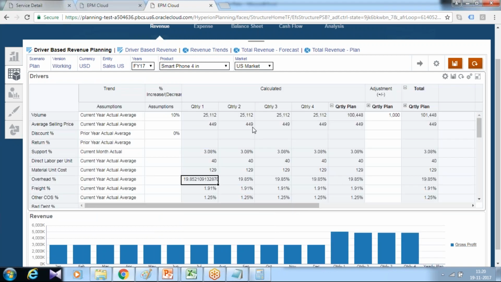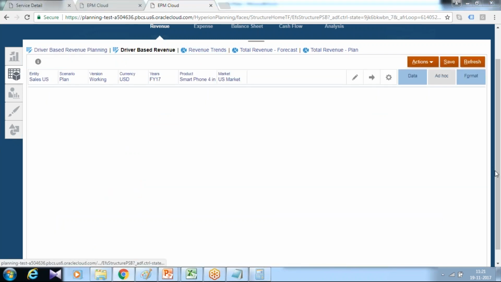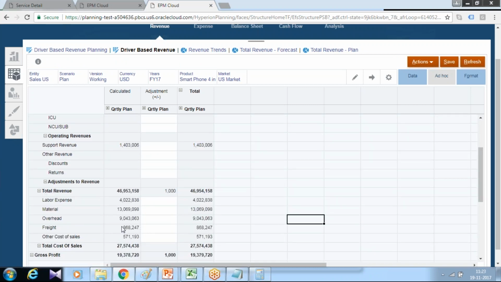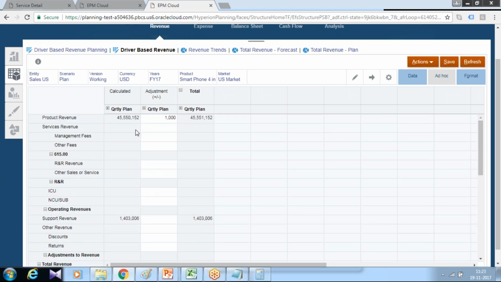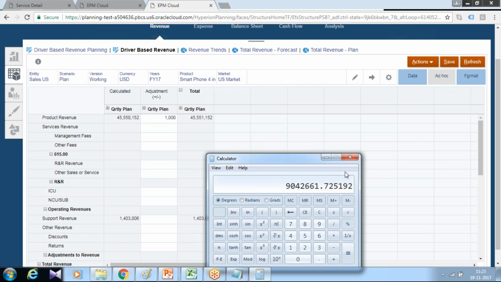I expand for individual quarter, and this is what you see: 25112 multiplied by 449, and we need to find out 19.852 divided by 100 into 19.8521, 2238381. This should be the value over here, and it rounds off. So I should have applied this field in all charges directly on my adjusted value. So you can check over here your total value